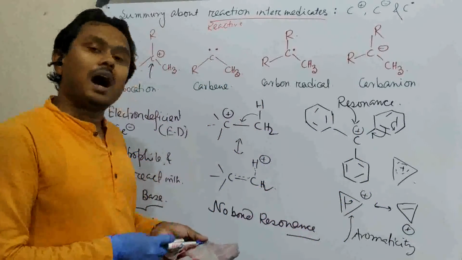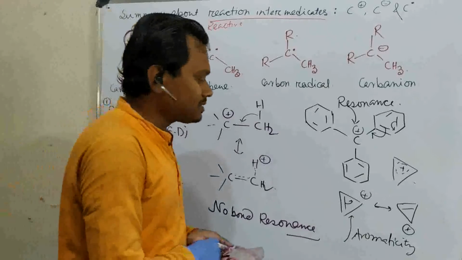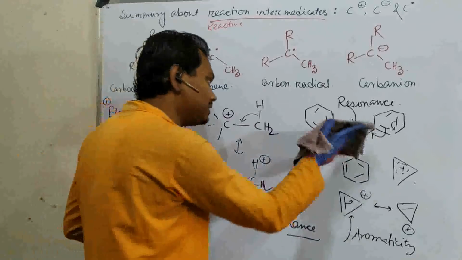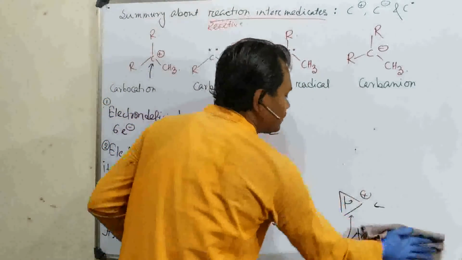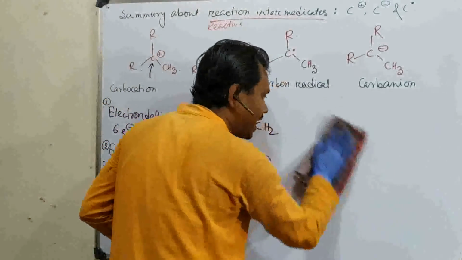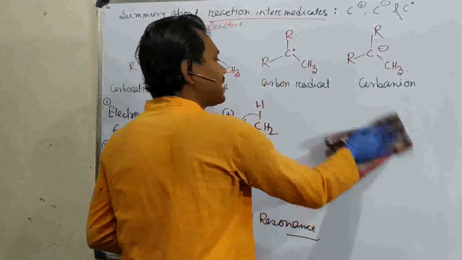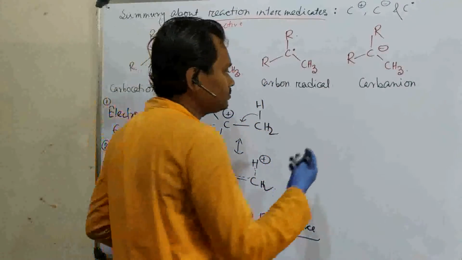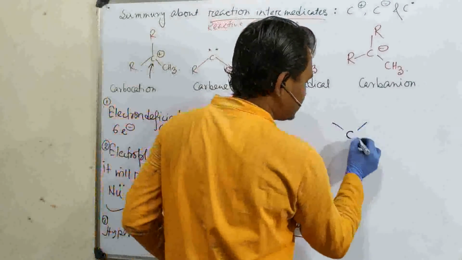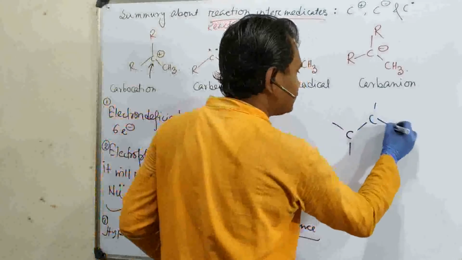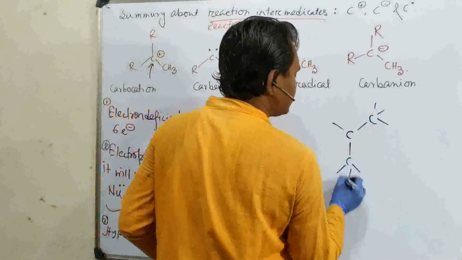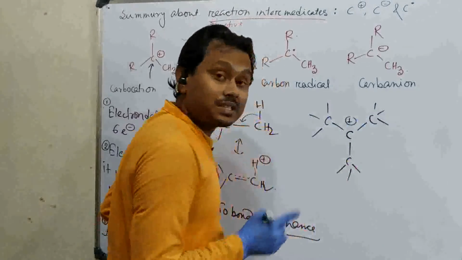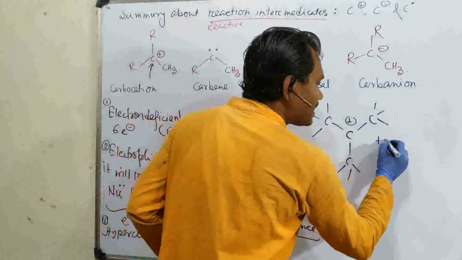Okay, so how could a carbocation be stabilized? First of all, hyperconjugation, resonance, and one additional example is aromaticity. By the way, another point is also there which I missed. How could a carbocation be stabilized? A carbocation could also be stabilized based on the plus I effect. How? For example, it's hypothetical. You have a carbon which does not have any hydrogen. Okay, like this. This is the carbocation. How is this stabilized? This is through the plus I effect.